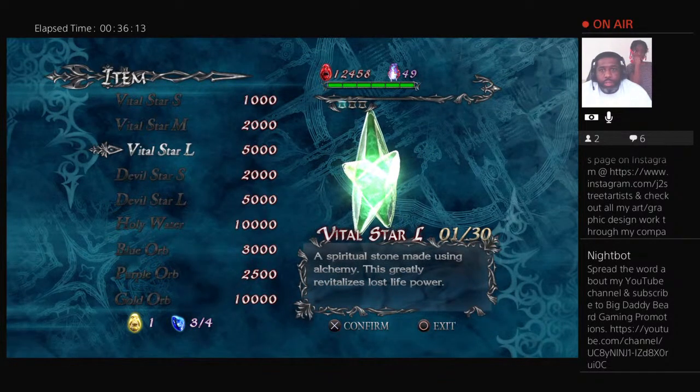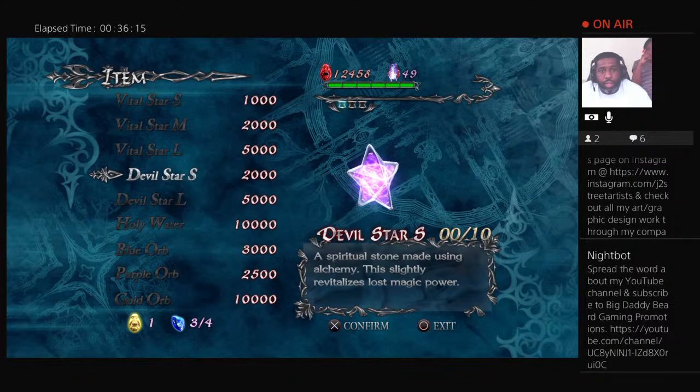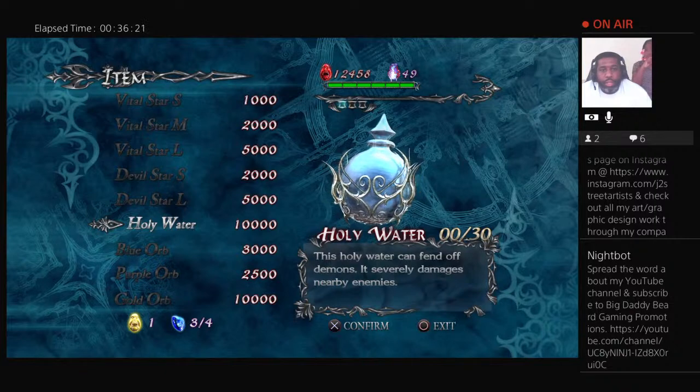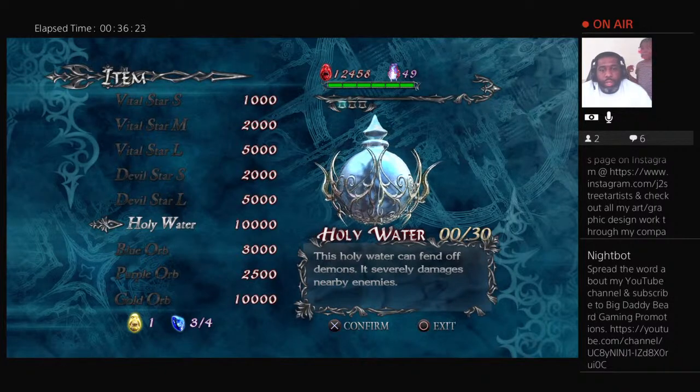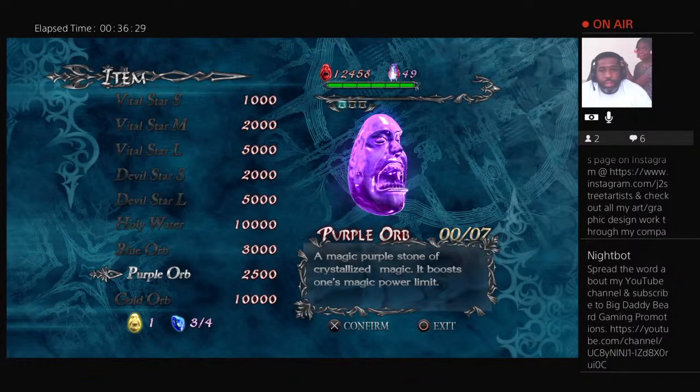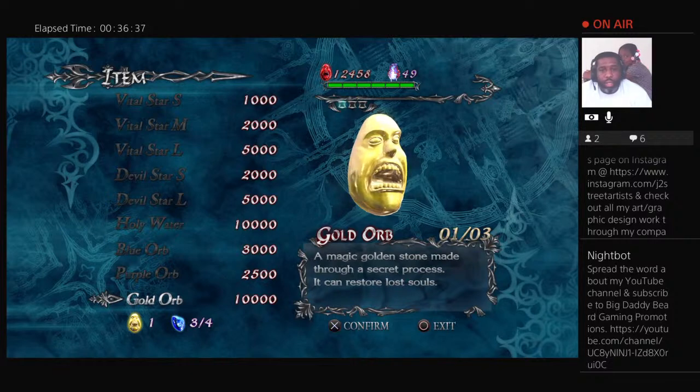Vitality stars for your health, your devil stars, which help increase your gauge for your devil trigger, holy water, which clears out all the enemies in the vicinity, blue orb, which helps boost your vitality, purple orb, which boosts overall abilities for your devil trigger, and then the gold orb,